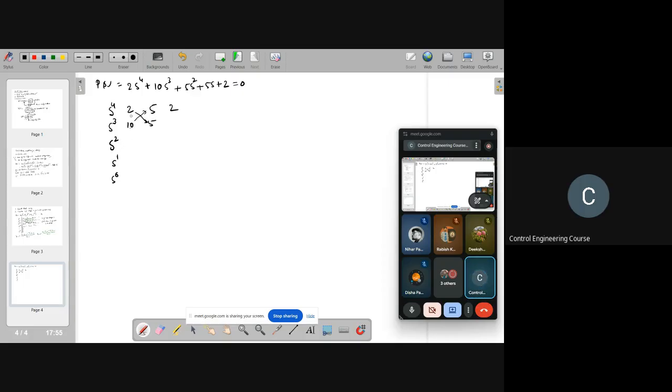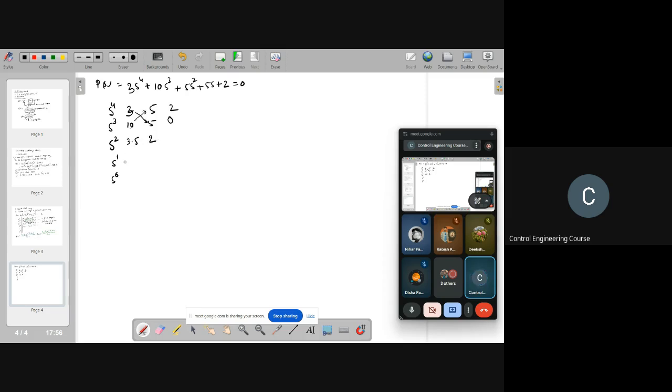Let's say this is 3. That means it is 50 minus 15 divided by 10. That means this is 35. 35 by 10 means 3.5. And here this is 10 into 2, 20, minus 3 into 0. We can make it 0. 3 into 0 divided by 10. That means you will get 2 here.